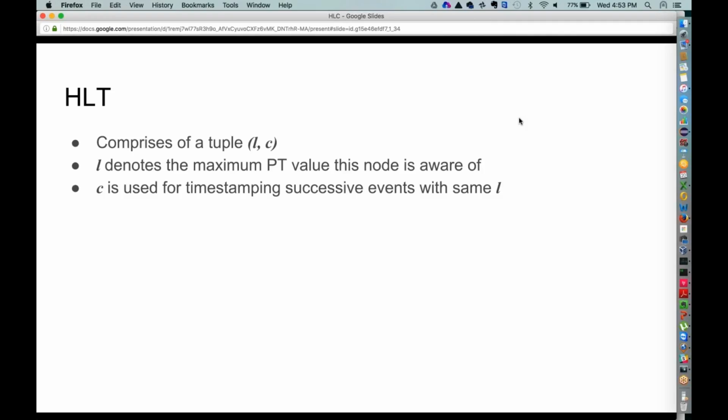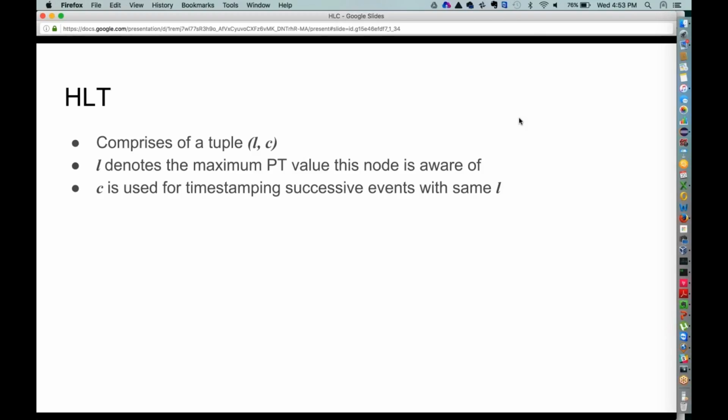So the way HLT is implemented is that instead of a single value, what we now have is a tuple. This has a lot of similarities with how we have done our logical timestamps for topology tracking. Most of these logical timestamps have this notion of a physical component and a logical counter component, so it is very similar to that.